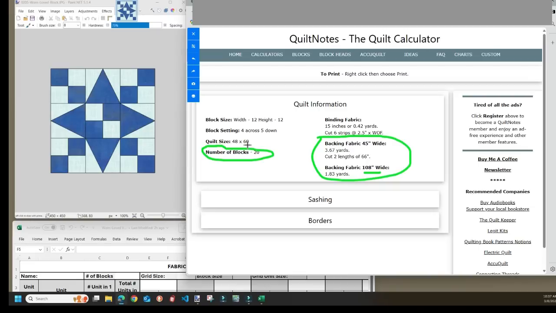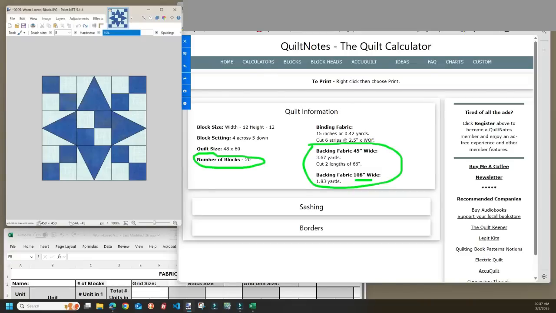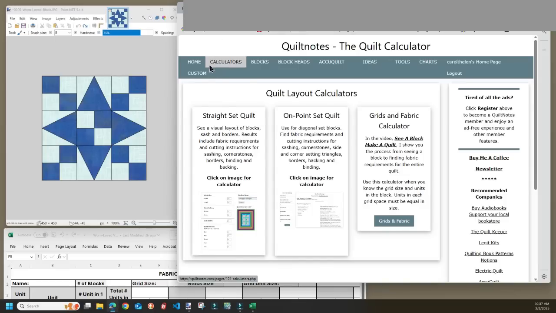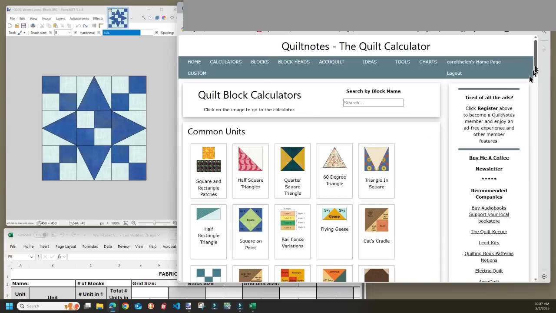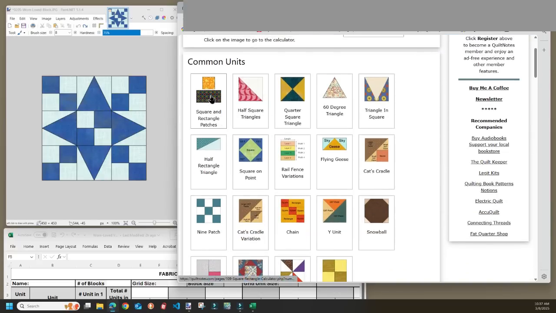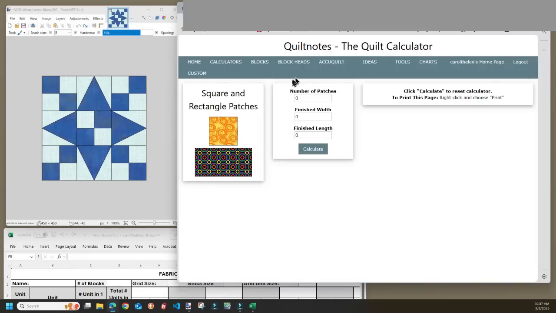But for our demo today, we're going to use 20 blocks at 12-inch finished. So let's close this out and close this out. And the blocks is where we're going to find the common units. So here they are. And if we click on one, this is the square and rectangle, we'll put the number